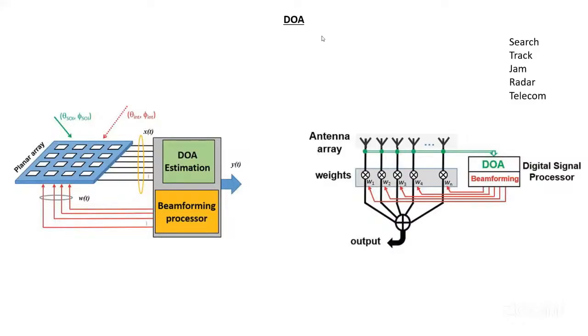Suppose right now I'm trying to access video content or some high data rate, but I am on the move. So what it has to do? It has to continuously keep tracking my location and continuously serve my need. There comes digital signal processing, direction of arrival estimation, beam forming, all those things come into the picture.